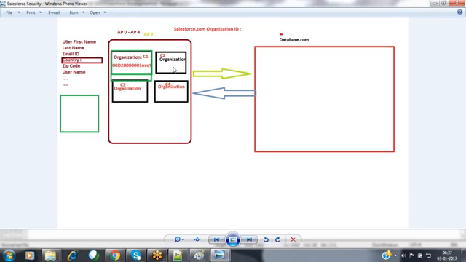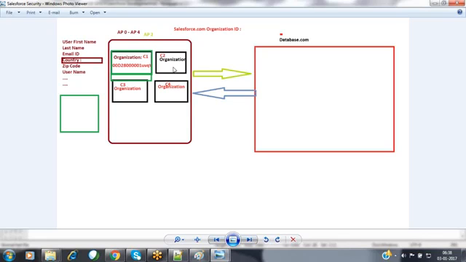If one organization's member wants to access the data from another organization, then both the applications should be integrated with each other, so that both applications can communicate with each other. Whenever you implement integrations, one organization's members are exposed to the outside world. Outside of this organization also, I can access those members. So at that time, we have to go for that integration. Then how can we implement that integration? Integration can be implemented by using web services.